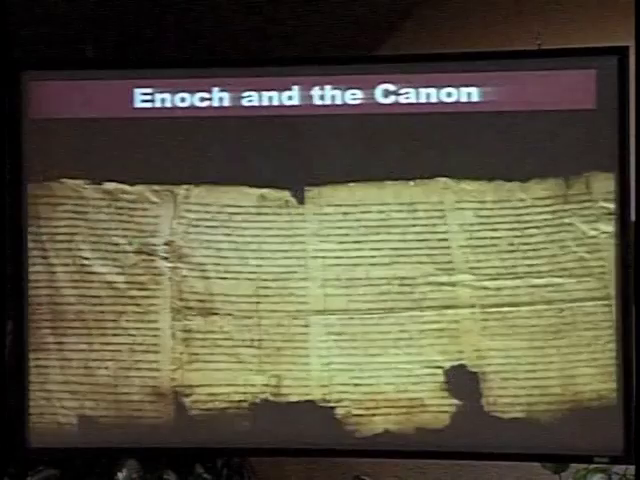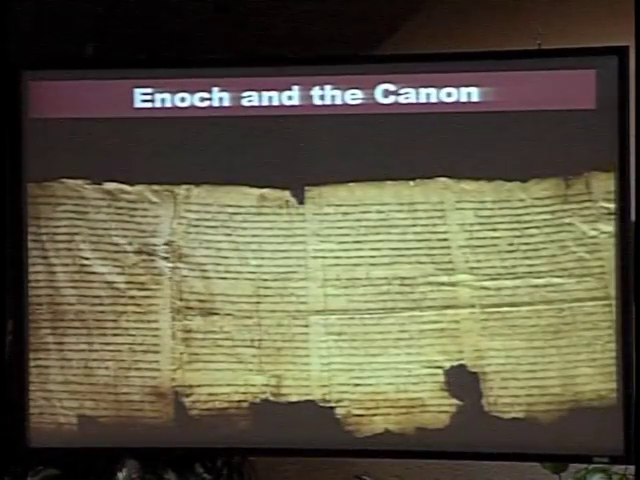So those are the 5 basic elements. Again, that gives you a feel for it. Just taking this in context, Enoch and the canon,